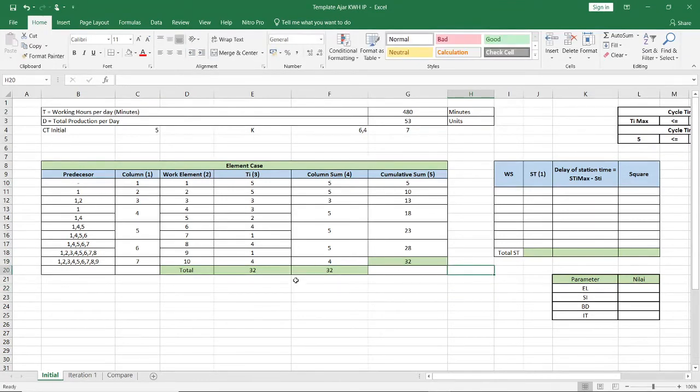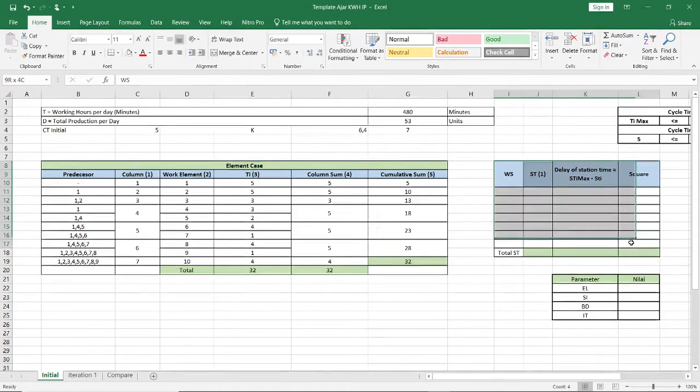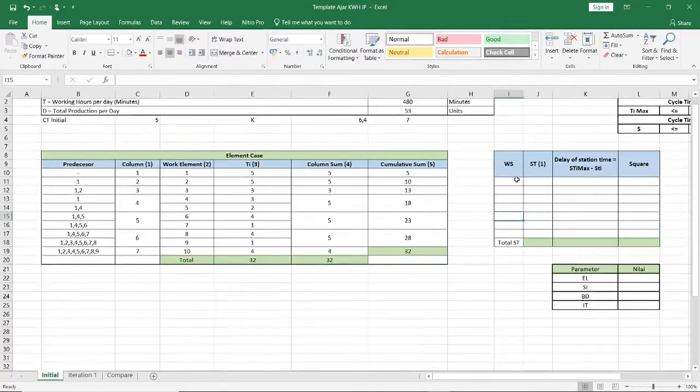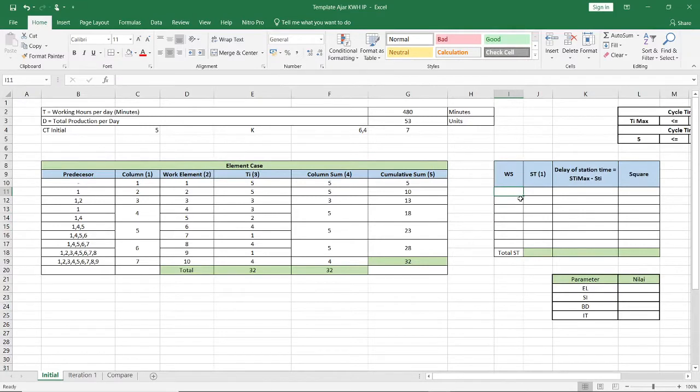And now after we work with this element case, we are going to work with this summary table. We must know how many workstations we have. So in this section, we write down how many workstations there are.